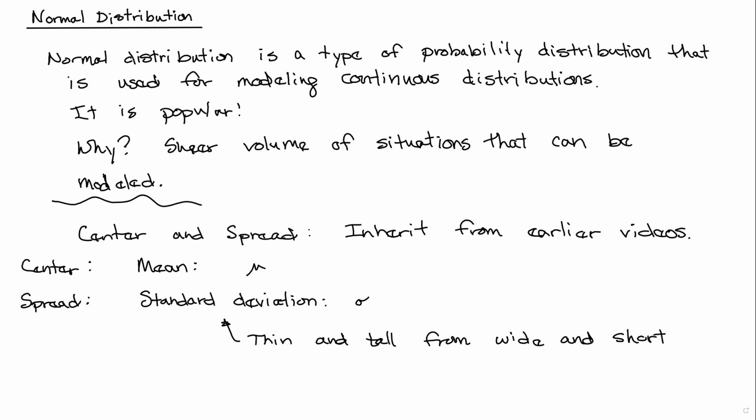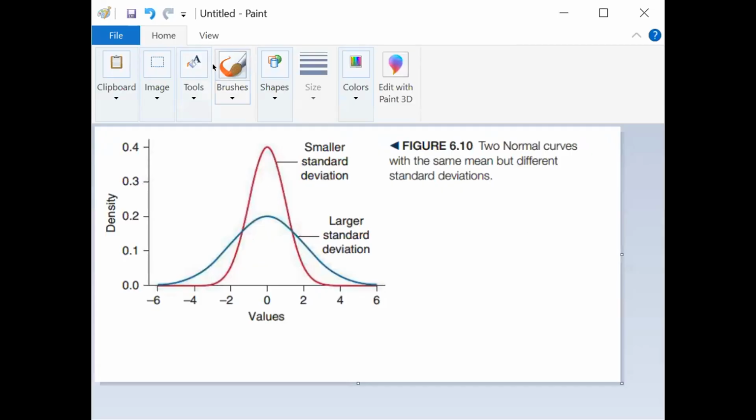Okay, so what do we mean by that? Let's look at a picture so you can get some idea of what we're talking about. All right, so what we have here is a couple of normal distributions. Normal distributions have what's called a bell shape,